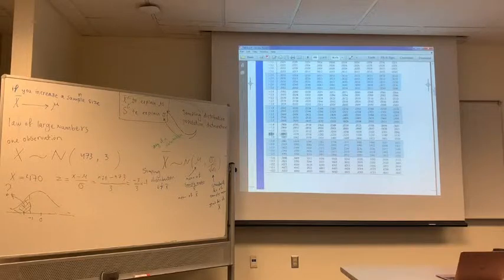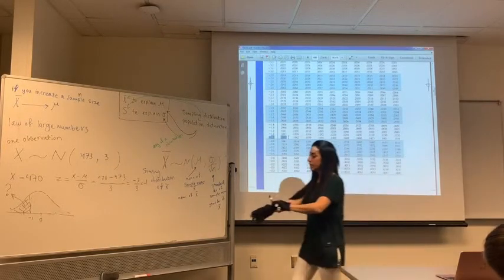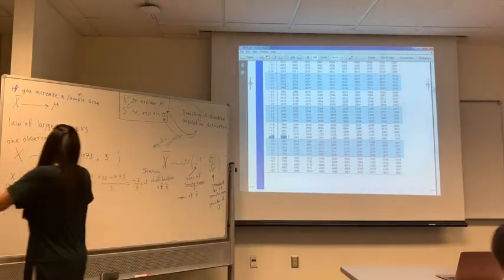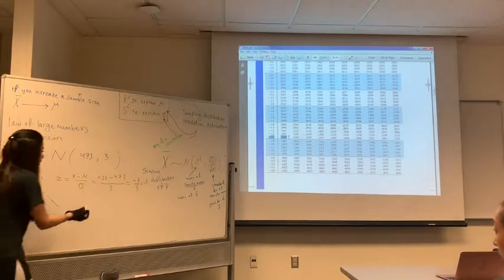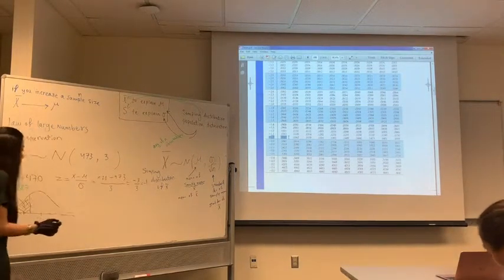Which is this one. Actually, not this one. Correct? And the area would be 0.1587, and we would say